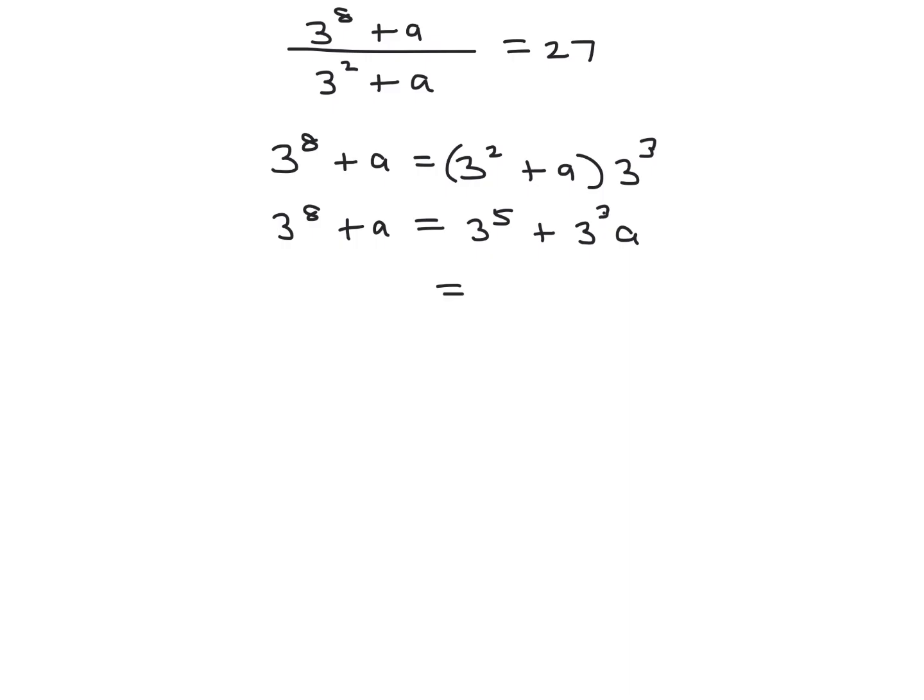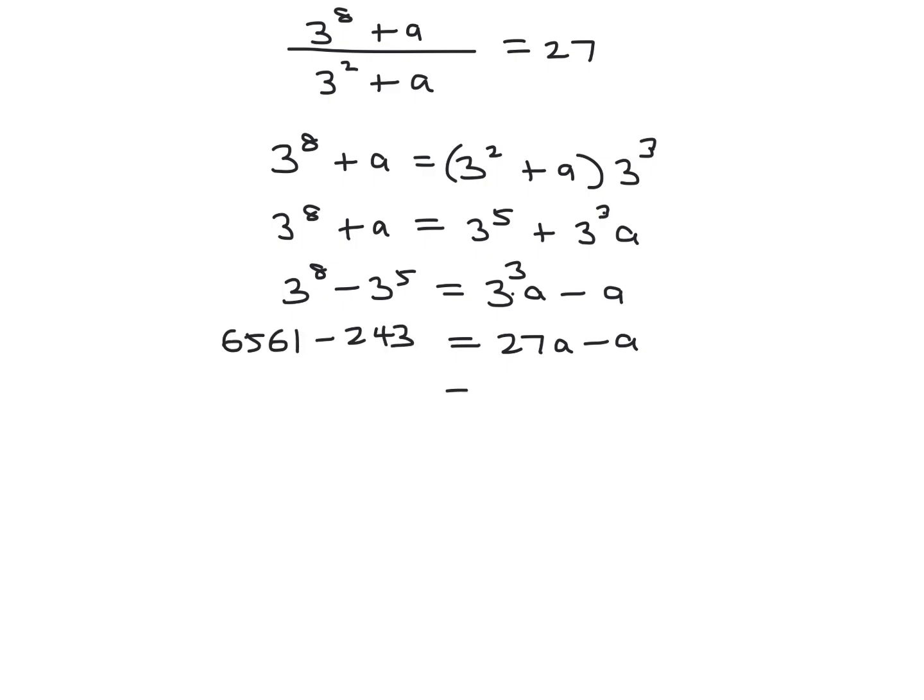Now let's put all these guys on one side. Times a minus a. Okay, so actually I'm going back and forth here. I keep changing my decision. 27a minus a, and 6561 minus 243, right? So that's 26a, and 6561 minus 243, 6318. So therefore a would be 6318 over 26,